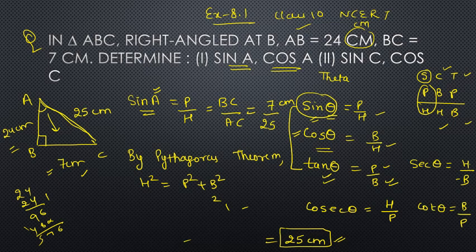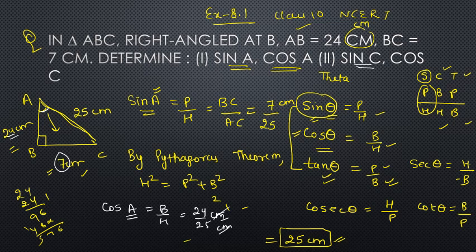What is your base? If you are finding out cos A, please remember what your angle is, because the angle will determine your perpendicular. So base upon hypotenuse, what is base? Angle is still the same. So this is perpendicular, and this is base: 24 by 25. This will be your ratio. And these are dimensionless, because this is centimeter and this is centimeter, so they will cancel out, right?